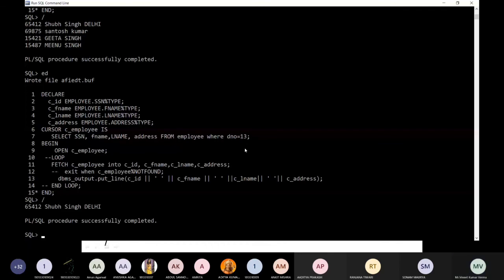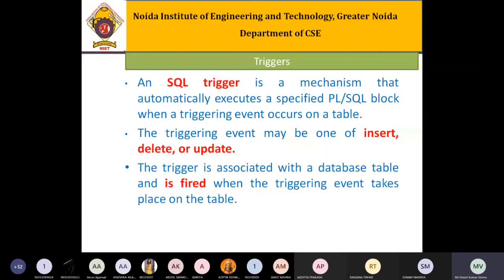And later on we will discuss triggers. What are the triggers that will be used in PL SQL? It's again a very important topic, and whenever we do any operation like insert, delete, and update, how this syntax or code will be automatically fired and do some actions, right? So in the next class we will discuss. Take care.